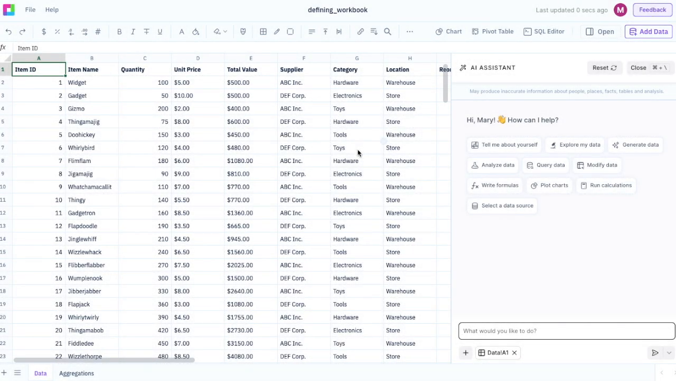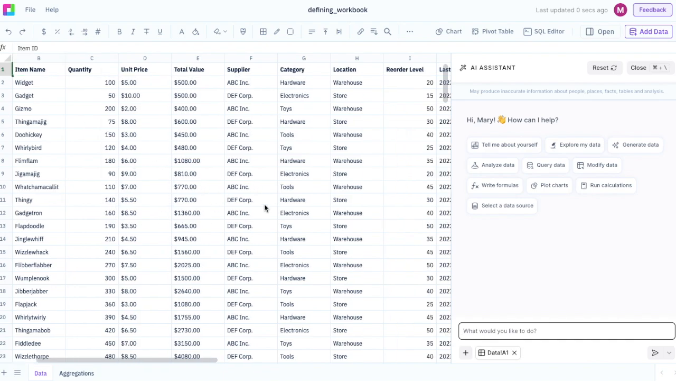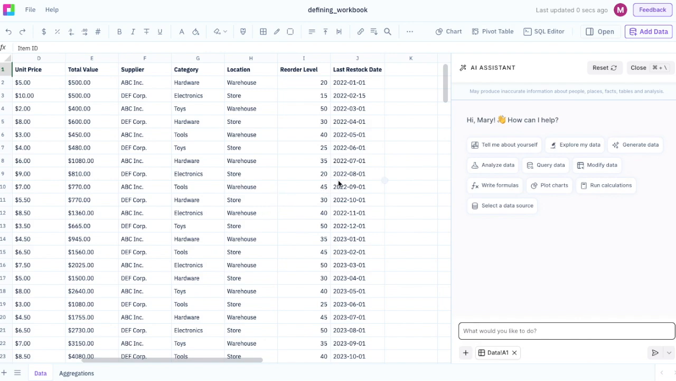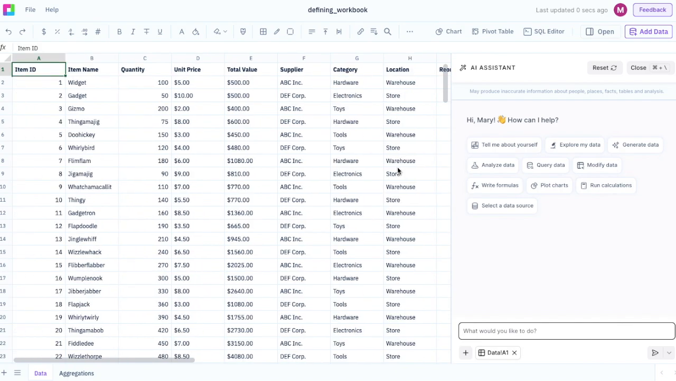Sourcetables AI can generate simple or complex Excel formulas for you. So I have this sample data set containing warehouse inventory data, and I want to add an additional column that calculates the number of days until an item needs to be restocked. I don't know off the top of my head the formula or combination of formulas that will calculate that field